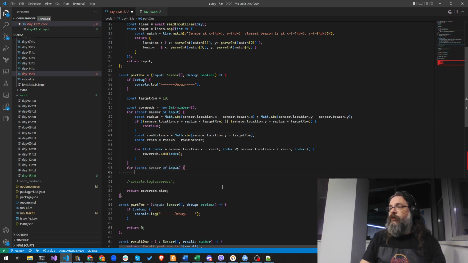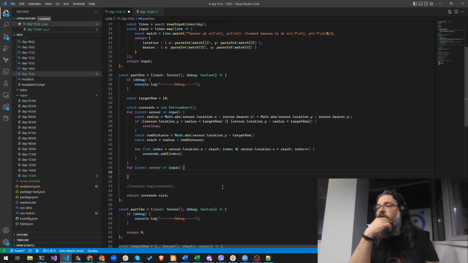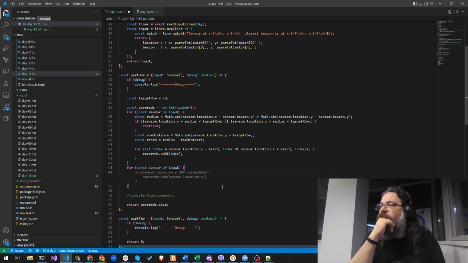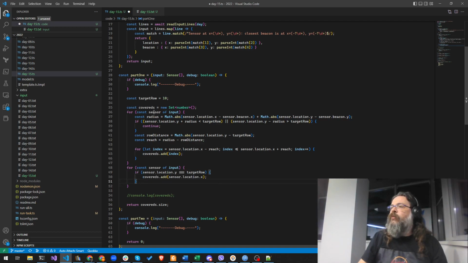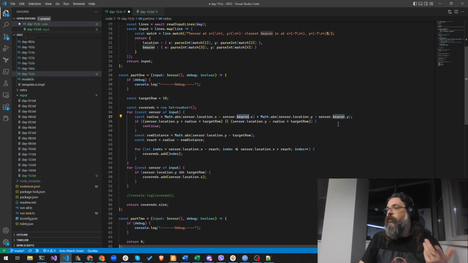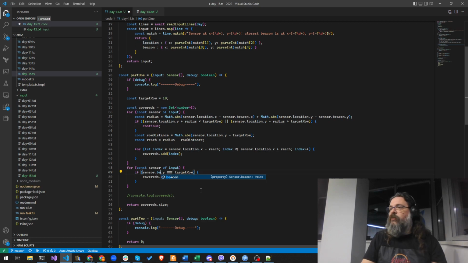This is quite inefficient, and that's why I'm doing it separately, because I think I might have some optimization later if I need it. So this means, because note that we didn't use the sensor.beacon anywhere, except here to find the values. So if the sensor.beacon